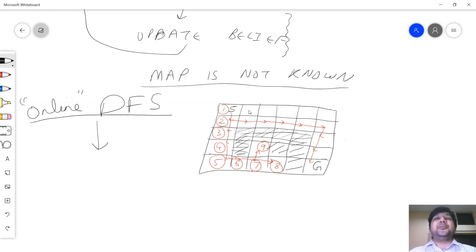In DFS, how do you decide whether this comes first, this comes first, this comes first? The DFS algorithm doesn't say that. It says decide whatever order you like. DFS never specifies the order. It never says first up, down, right, left. You can apply left, right, down, up. So at any state S,